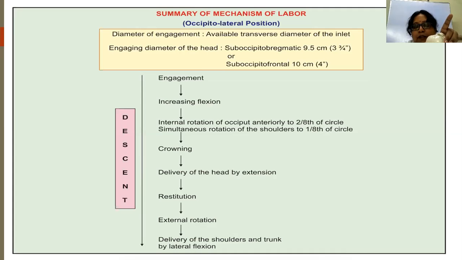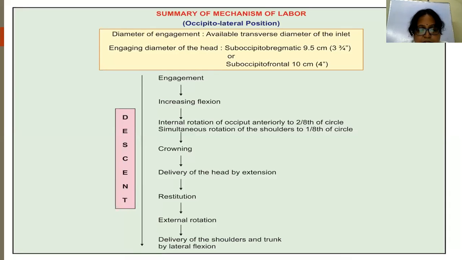So how will the baby deliver? Like this. It will start extending, comes out, and then next is restitution. See, this is how it will move till here, and then to the pelvic outlet like this. The baby will extend like this and the head is born. I'll show you the video, you will understand better. Then the next movement after that is restitution, and after that is external rotation.